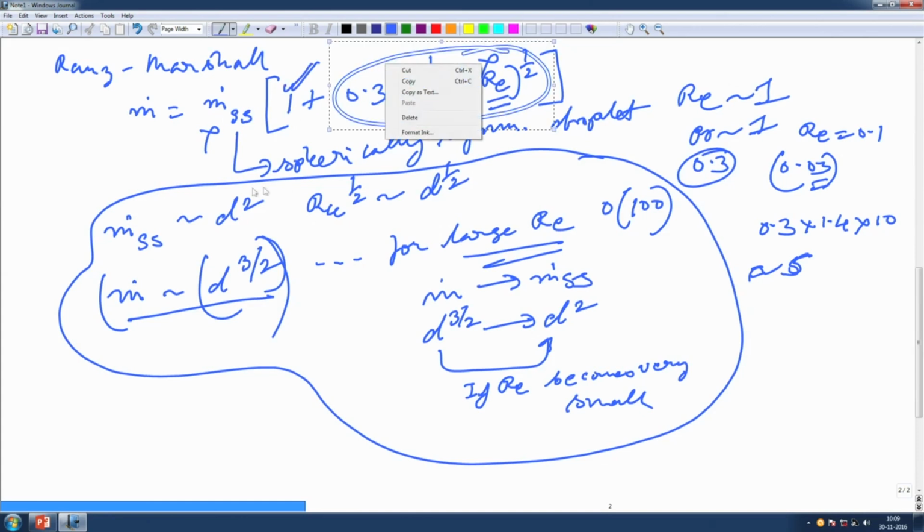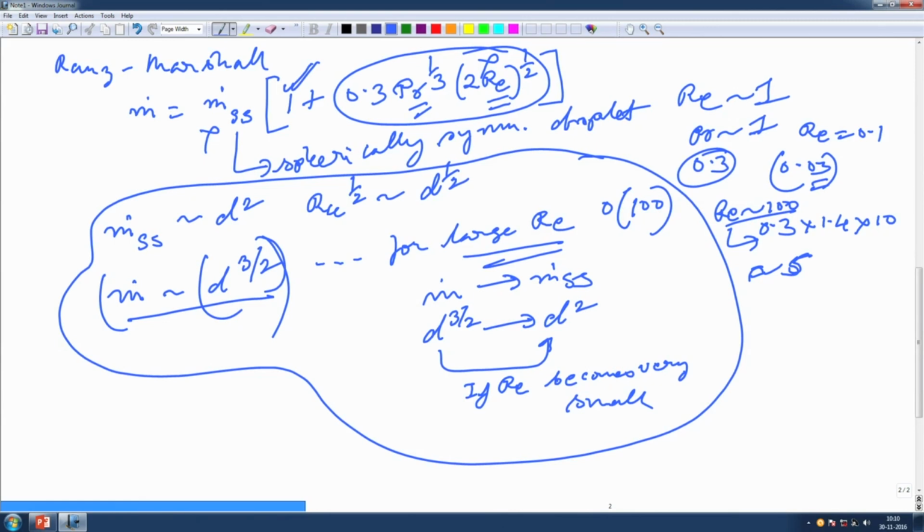So, we do get a lot of increase in the m dot. So, m dot increases by almost 5 times compared to the steady state situation, when Reynolds number is of the order of 100. Got it? Okay, clear on this part. So, now that we have made this clear, okay,